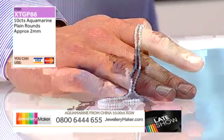Yeah. But the 2mm rounds, of course, they do intimidate some jewellery makers because they're more comfortable working with the large rounds. But when you start to actually work with these cuts, I mean, I don't know how many times we've actually had 2mm rounds of aquamarine. Don't know how many times we'll be able to use these. But once you start to use them, you